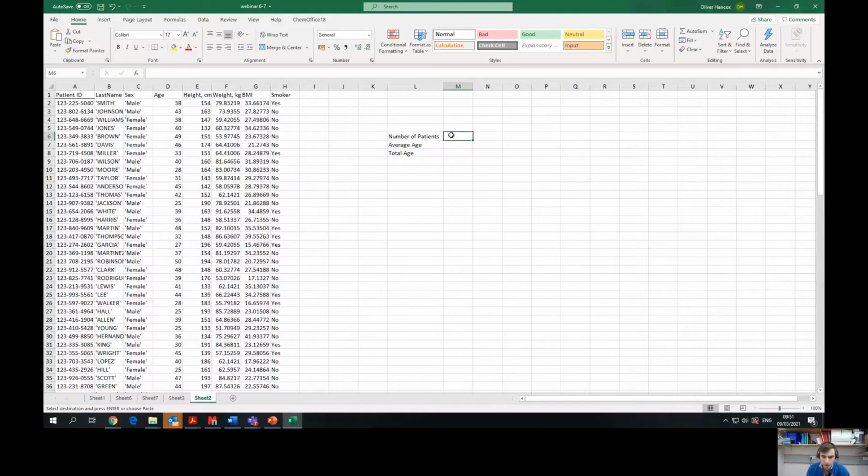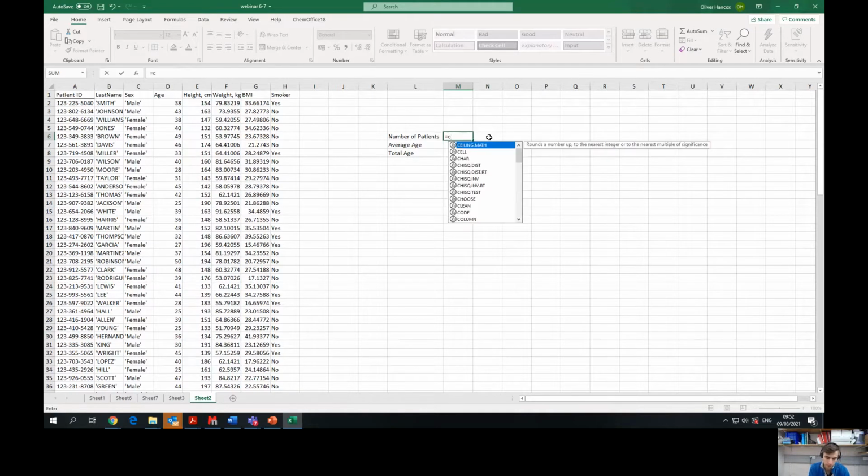So in this case, we'd like to calculate the number of patients in our trial, or in our data set. There are a few different ways of doing this, but the simplest way is to start off with an equal sign. That lets Excel know that we're going to be using a formula, so it puts itself into its maths function. It takes it out of text and allows you to type a formula in. And we're going to type in count. There's a multitude of different suggestions that Excel has for us here, but we're going to select the top one, which is just count, and that is for the number of cells in the range that contain numbers. So any cells that contain a number, it'll count that as 1. By clicking on that one,